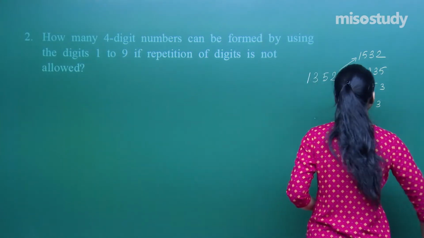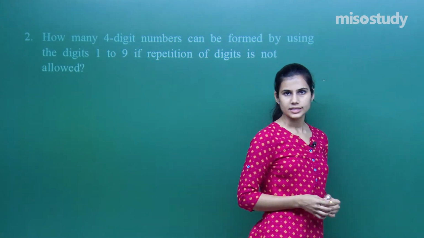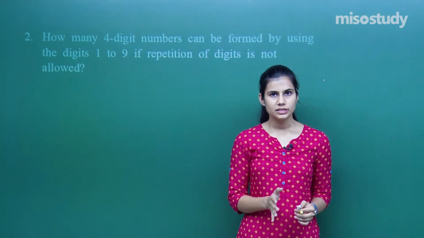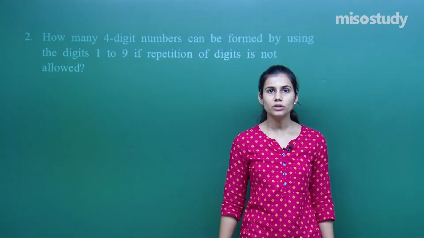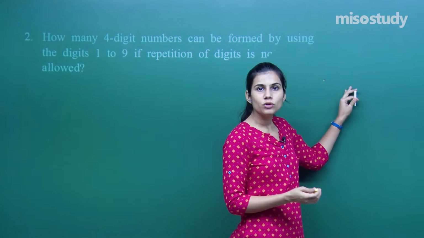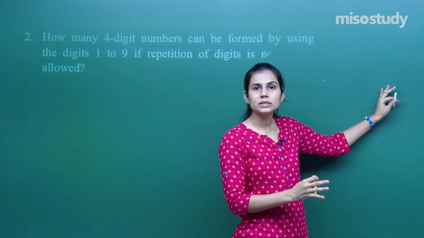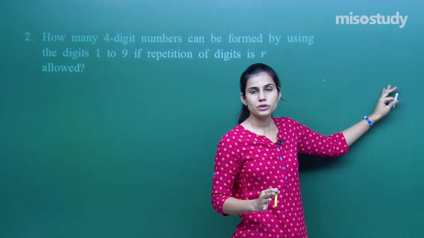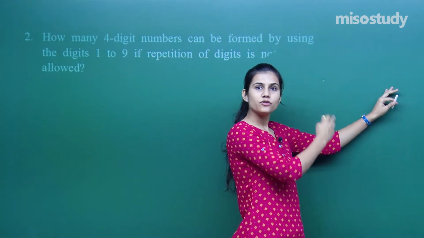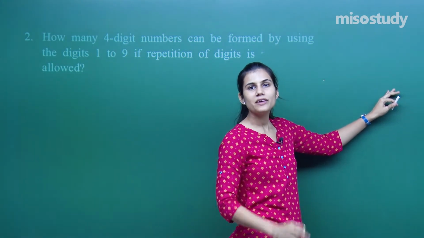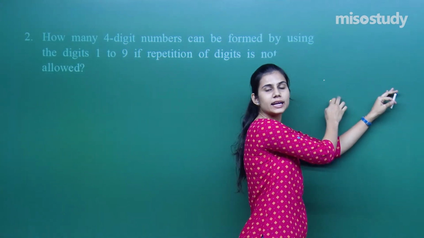Your answer should be straight away 4 factorial, isn't it? Number of permutations of 4 distinct objects taken all 4 at a time is 4 factorial. And therefore, if 1, 3, 5 and 2 are 4 distinct objects available with me, how can I arrange them in 4 places in all possible manners? There are 4 factorial ways in which I can do that. Each arrangement is going to give me a 4-digit number made from 1, 3, 5 and 2, and therefore I will have 4 factorial 4-digit numbers made from these 4 selected digits.